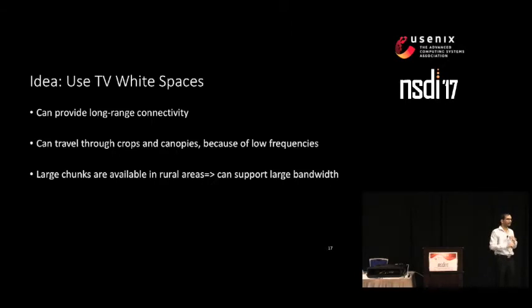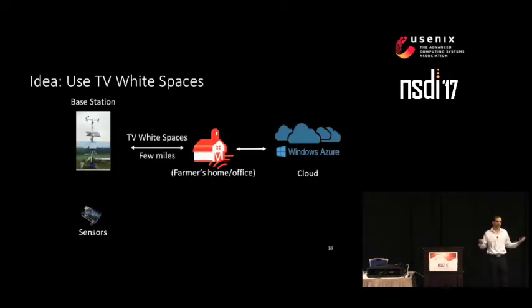So you can now operate drones, cameras, any kinds of sensors that you would want. So what we do is to take these TV white spaces and establish an IoT base station on the farm that can talk over these white spaces to farmer's home or office. And this base station now acts like your Wi-Fi router. You can connect these sensors to this over Wi-Fi, Bluetooth, or any other technology that you would want. Okay, so this solves one part of the problem. We brought this connectivity from farmer's home and took it to the sensors.